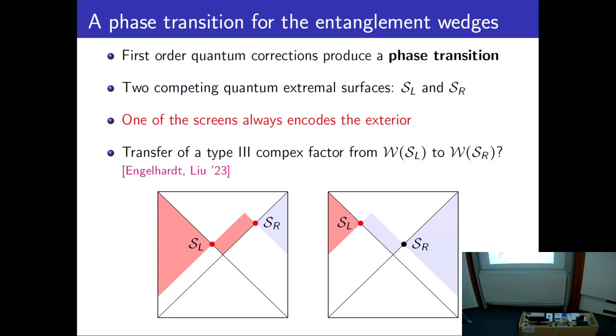And maybe to conclude, in AdS/CFT, such situations where there are two competing extremal surfaces with a transfer of dominance are interpreted as a transfer of a type III factor in the von Neumann algebras of the two screens we consider. So there is an entanglement wedge which is transferred from one screen to the other, and this entanglement wedge is always exponentially complex to reconstruct. So one interesting question would be to see if this idea applies to this de Sitter case. Thank you.